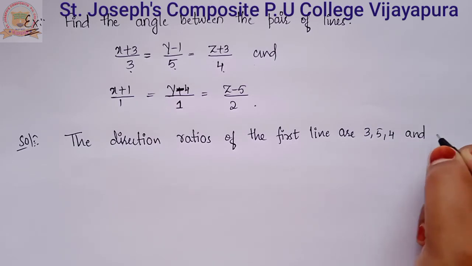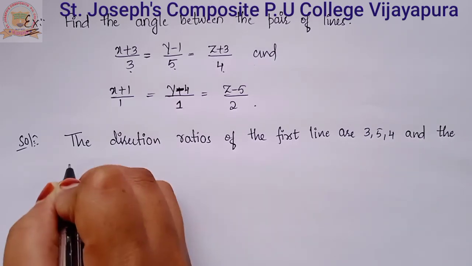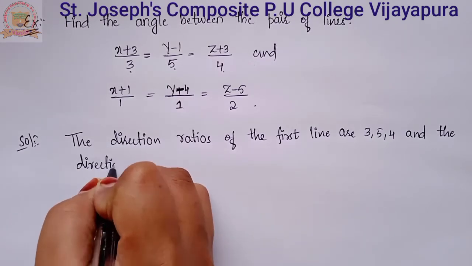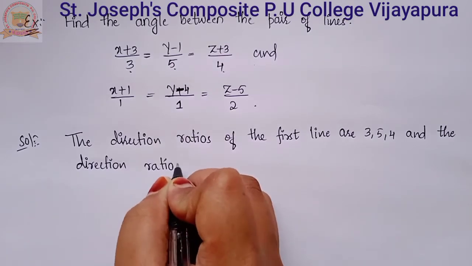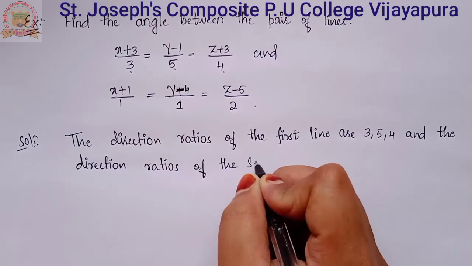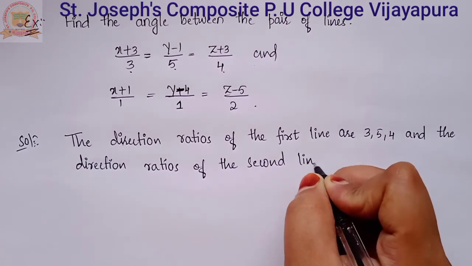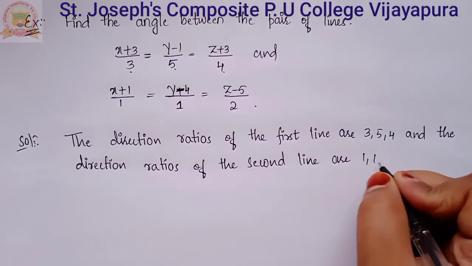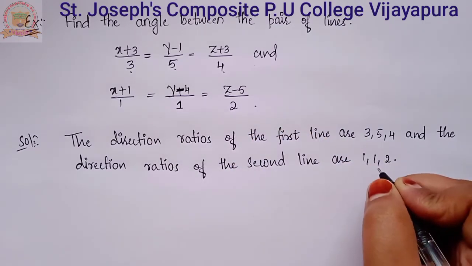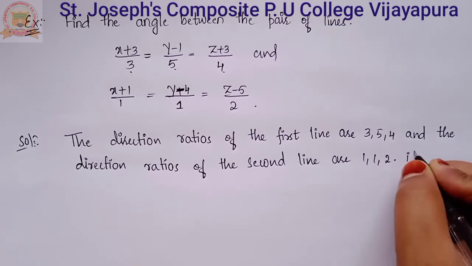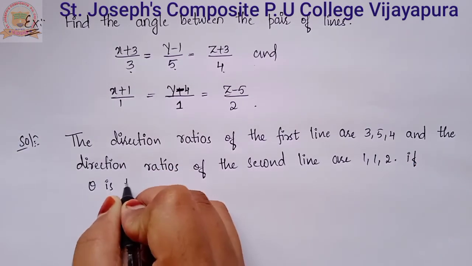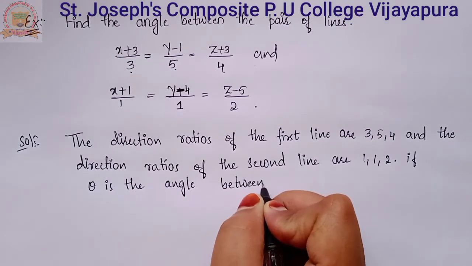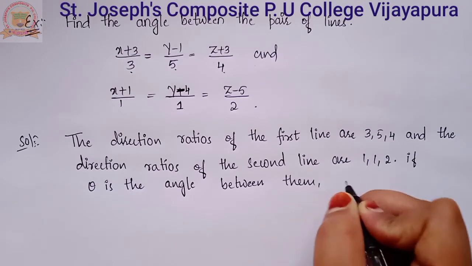And the direction ratios of the second line are 1, 1, 2. If theta is the angle between them, then